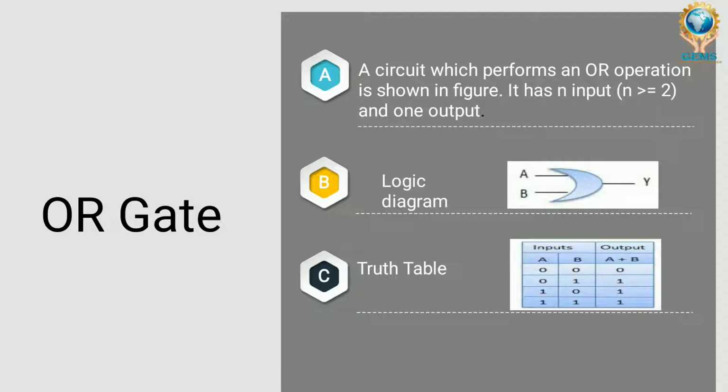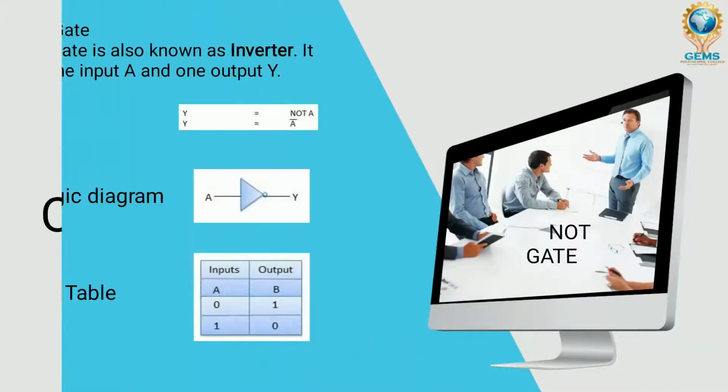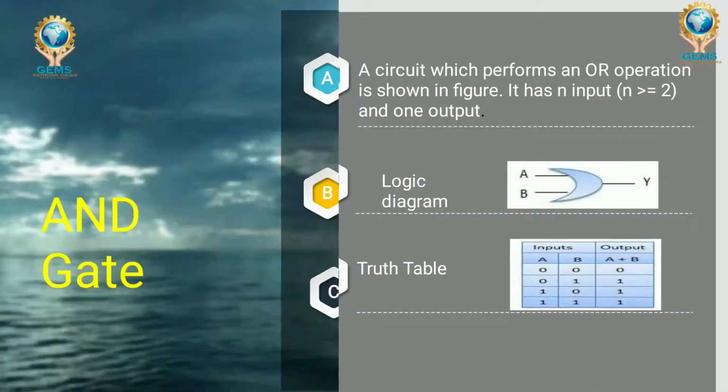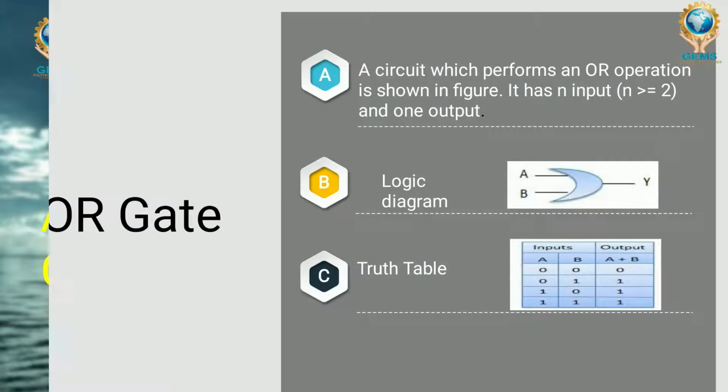Here, look, we are observing in the same manner. Two inputs you are giving. You are using the OR operator here. Plus is the OR operator. So we are giving two inputs. On one side A, on the second side B. Both A and B are inputs that we can observe here.